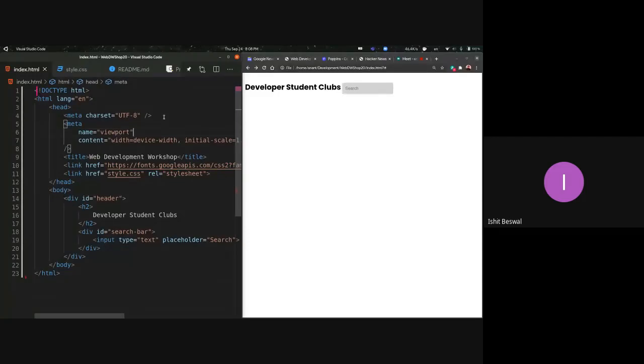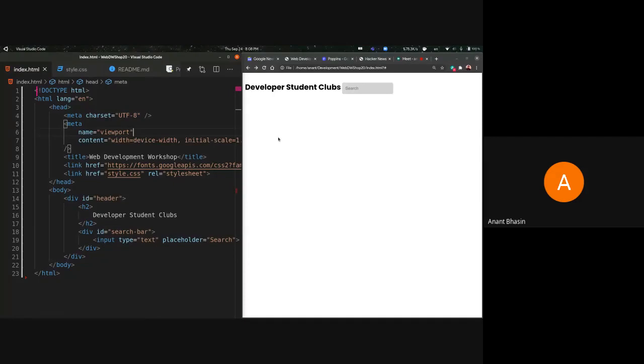Another thing that could be happening with the CSS is that it might not be loading the changes that you've made.